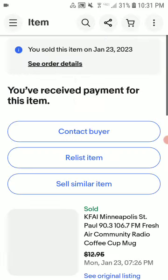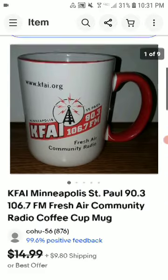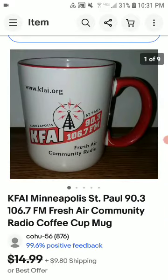And then this is a KFAI 90.3 Minneapolis St. Paul 98.3, 106.7 FM Fresh Air Community Radio coffee cup mug. This actually sold to Byron, California. I don't know if it's one of the viewers here on the YouTube channel, or if it's someone that